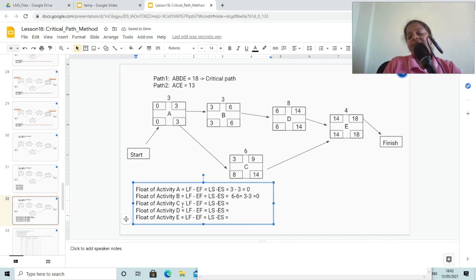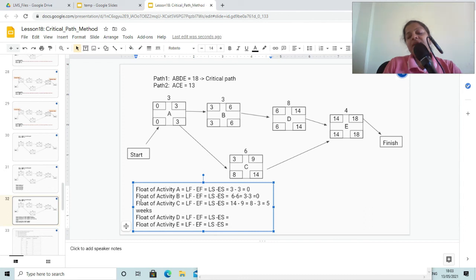Activity C, if you see the late finish is 14 and early finish is 9, or late start is 8 minus early start is 3. So it is going to give you 5. So the float of activity C is 5.